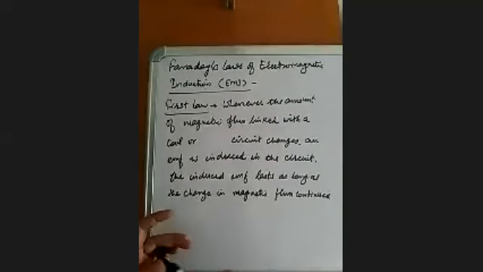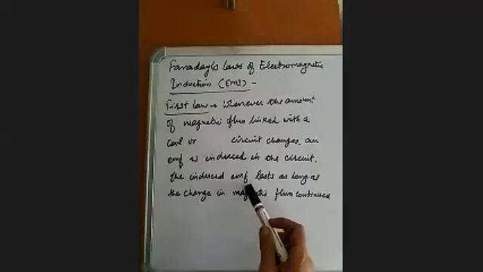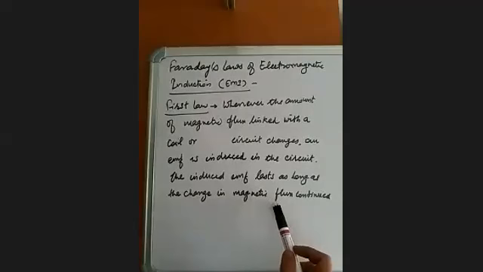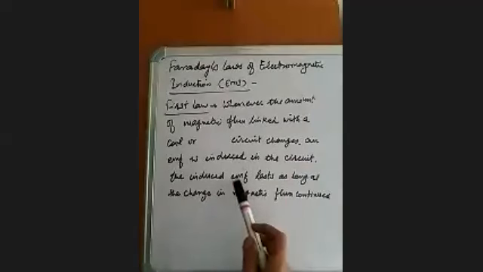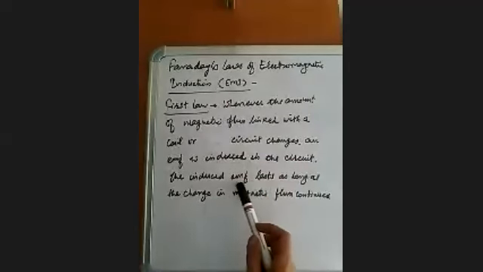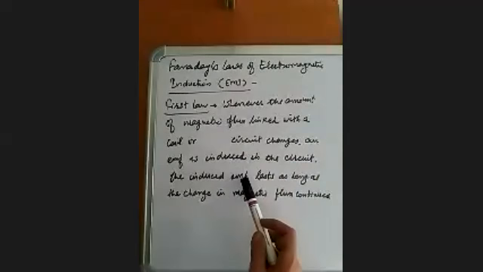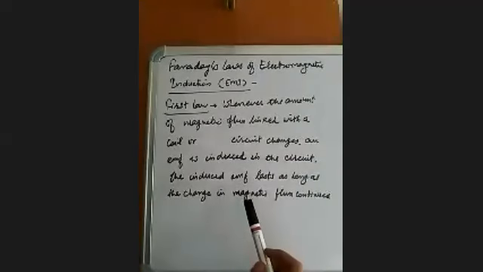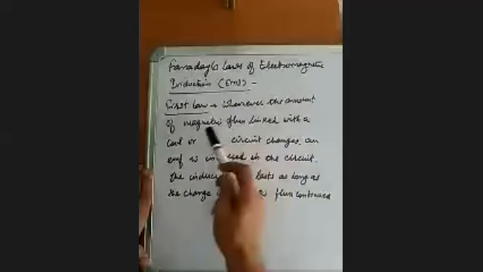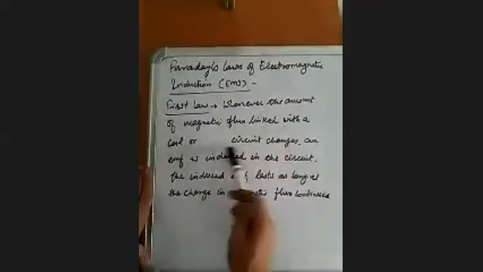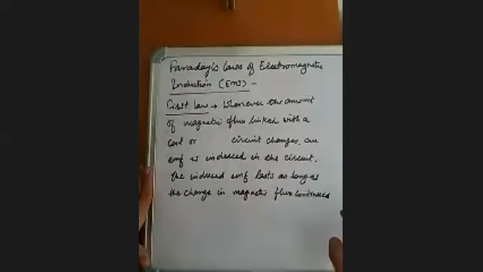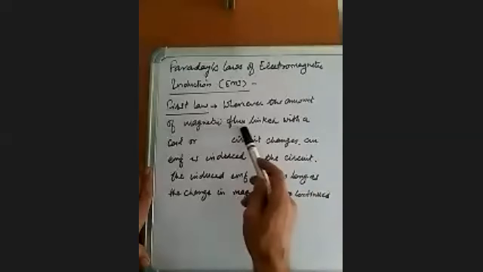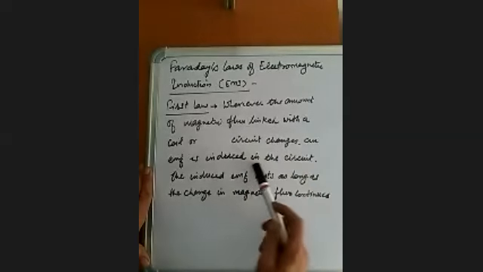So as long as the magnet or coil is in motion, this induced EMF remains. When the motion stops, the change stops, and therefore the EMF also becomes 0. And when the circuit is closed, because of this EMF, the current is induced. So once again, whenever the amount of magnetic flux linked with the coil or circuit changes, that is, while we move the magnet away or towards the coil, this magnetic flux changes, and an EMF is induced in the circuit.